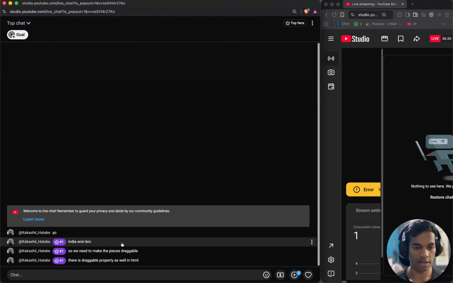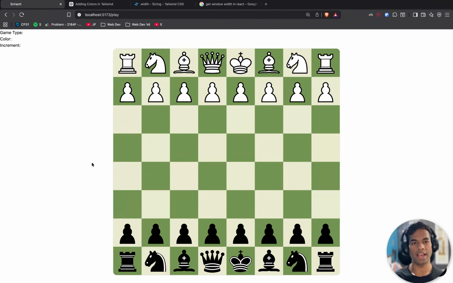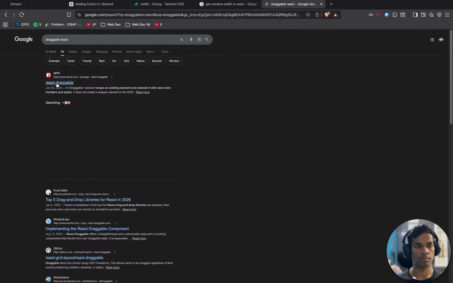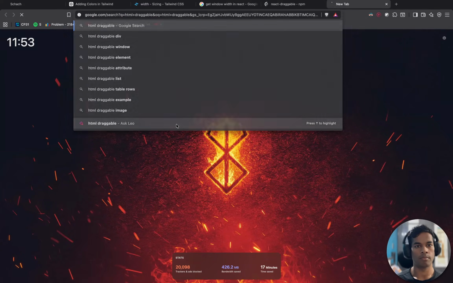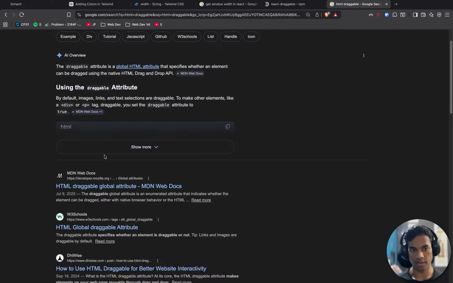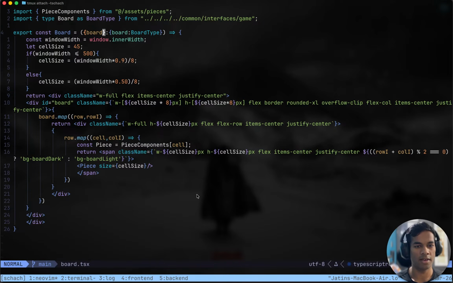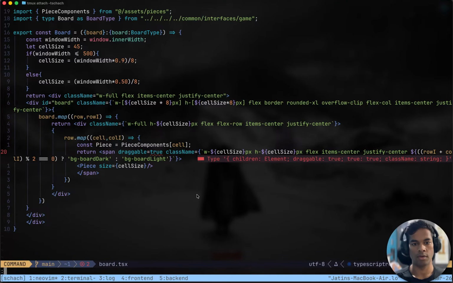So we need to make the piece draggable. Yep, there is a draggable property as well. What I was thinking was I would look at the location of the mouse. Okay, maybe not here, but on this span, draggable equals true.